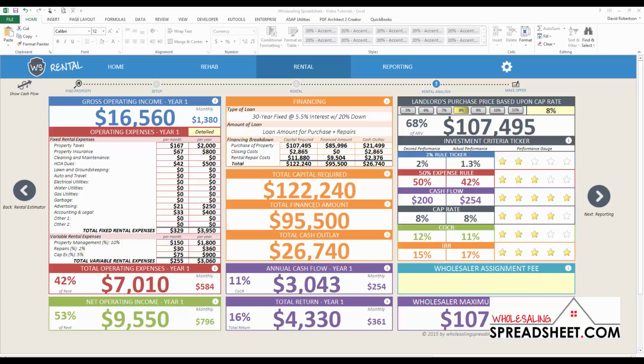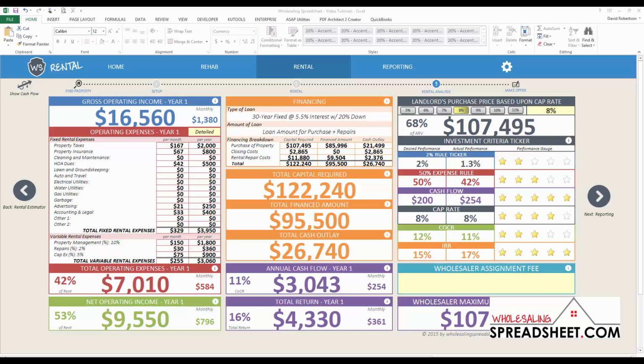Landlords use several different investment metrics to determine the value of the property, including cap rates, cash flow, cash-on-cash return, and internal rate of return. The Rental Wholesale Calculator uses these different investment metrics to determine the optimal offer price you should offer for the